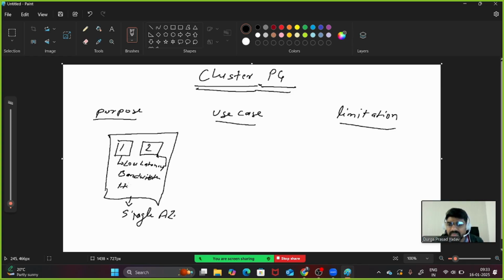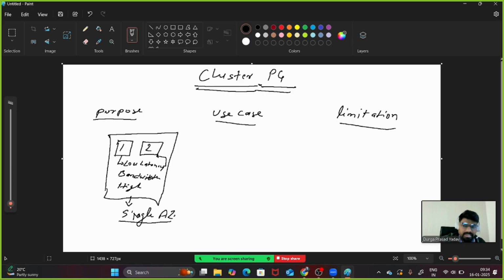You will be getting very high bandwidth, because you are going to place your virtual machines within a single availability zone, right?